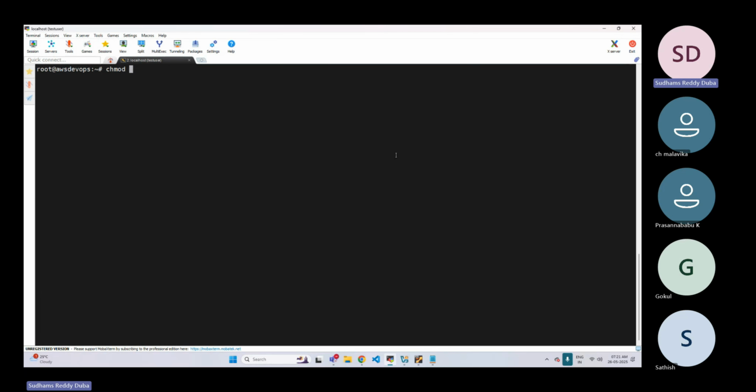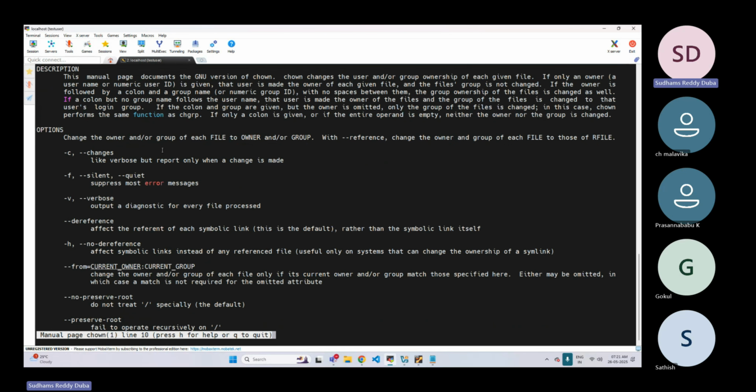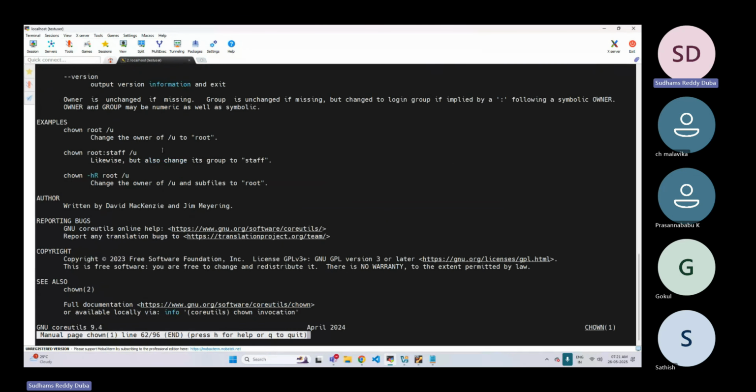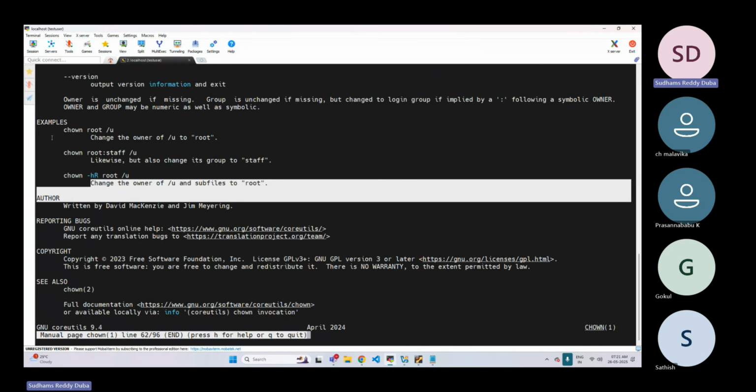If you want to know about this, you can just read the document. Let me show you the chown man page. You can see change file owner and group, the purpose of this command. In the bottom, you can see some options and how to execute them. I have written here some examples.